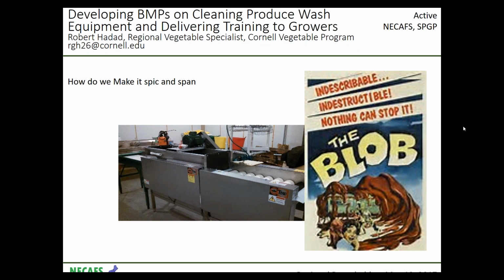My project, I'm working with a farmer, a vegetable farmer who also has a background in mechanical engineering. So that gives a different eye to this, but we're really looking at common types of equipment that are found on the fresh produce farm, and what's it going to take to clean these things. So I was able, through the grant, to pick up some equipment, and this picture is a